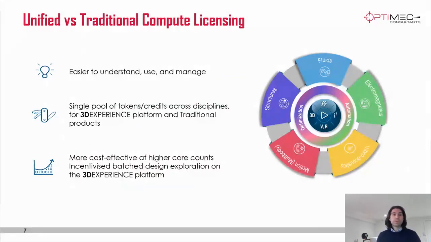When you start doing design exploration with the 3DEXPERIENCE platform on specific roles, there's an algorithm behind that: the more simulations you run, the less it's going to cost you to run each individual simulation, basically.